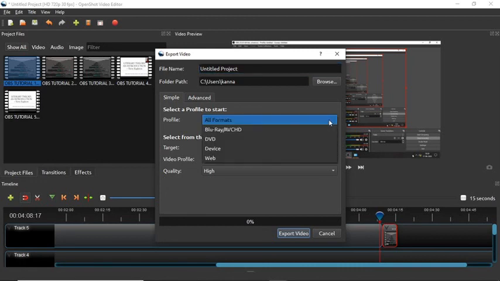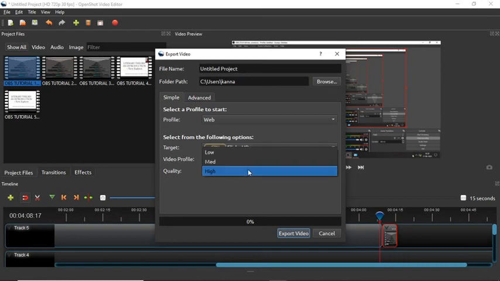So if you're making videos for YouTube alone, you could click on web, so that the memory is not higher, right? But then if you want the best of the quality and no compression at all, you click on Blu-ray, right? And then vice versa, right? So if you click on web, the compression will be there, right? The video will be compressed, but then the quality will not change, right.